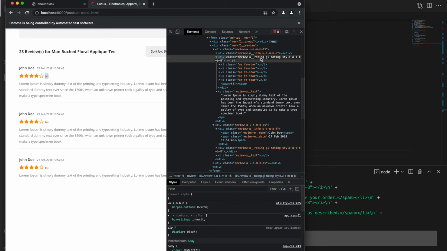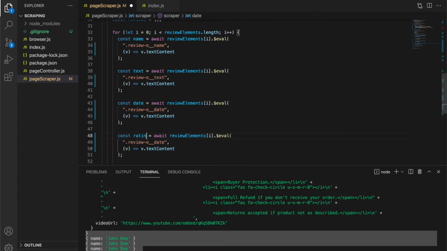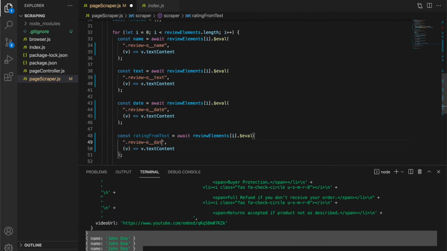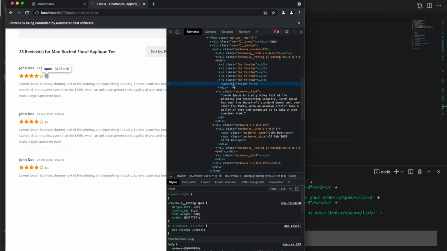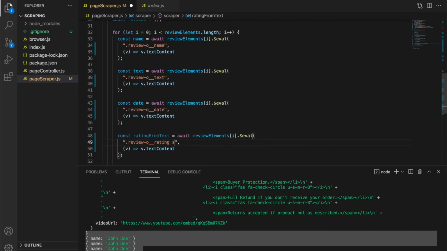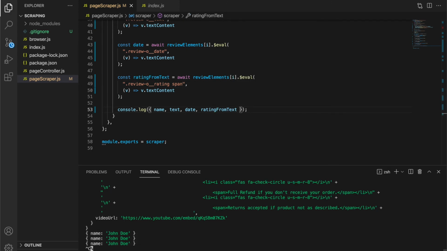We can just say rating from text, and here we can just say rating and then grab this span element because it's the only element there is in this div. So we can just say span, grab text content, a rating from text, and then let's try to run this.